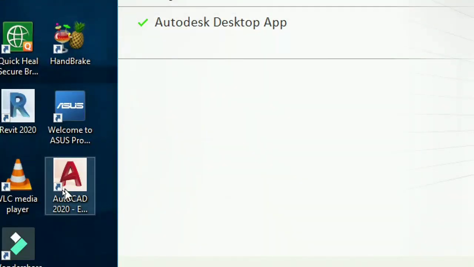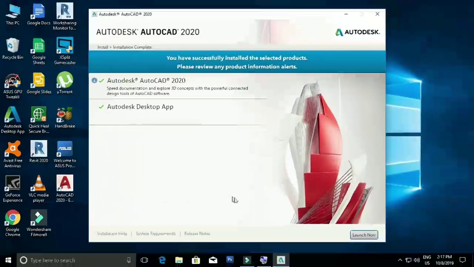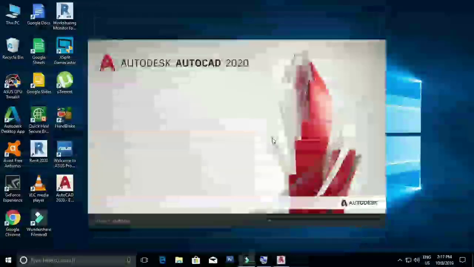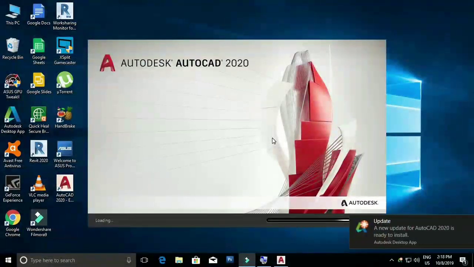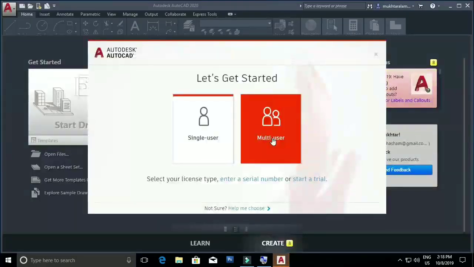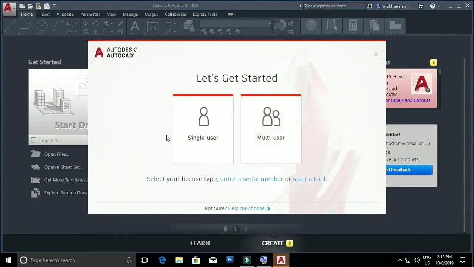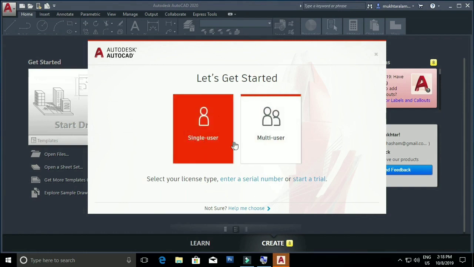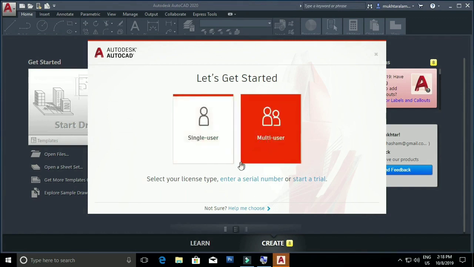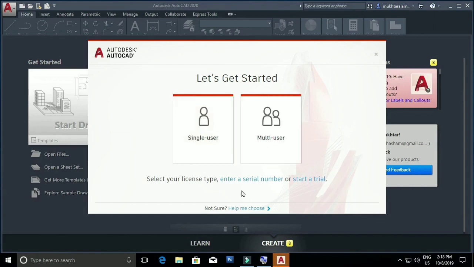So to open AutoCAD, double click on that icon, or directly you can use launch now button. So now you can see AutoCAD is opening. Now the AutoCAD is opened. So now you have to put your license number.